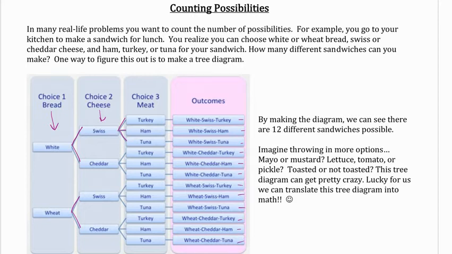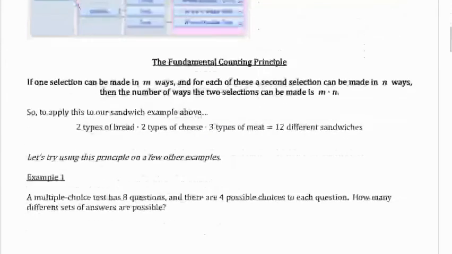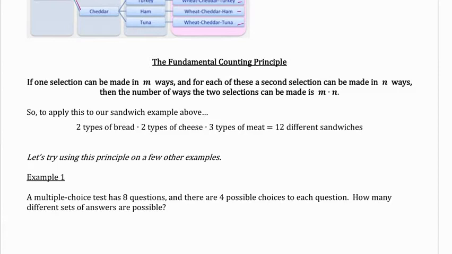Now, if I get into more possibilities than just bread, cheese, and meat, like what if we think about mayonnaise or mustard, lettuce, tomato, or pickle, toast your sandwich or not toast your sandwich, this tree gets really big and nobody wants to draw all of that out. So we are instead going to use what we call the fundamental counting principle, which basically just says that if you can do something a certain number of ways, and then you can do something else a certain number of ways, and so on, you just multiply the number of ways you can do each event,